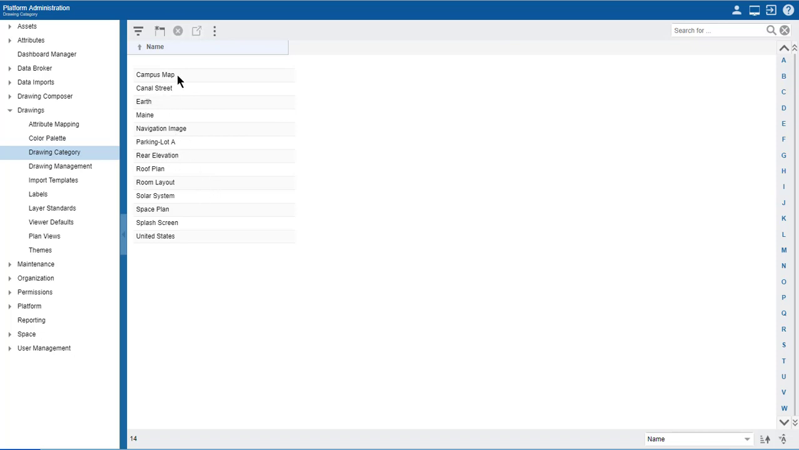So you notice in this category tree, I have Campus Map, I have Earth, I have Maine, and United States. So I have all the pieces that I need put in here as categories before I went to drawing management and actually brought those images in. So step one is really set up the categories for the images you know you're going to bring in to use for navigation. And then in step two, you actually go to drawing management